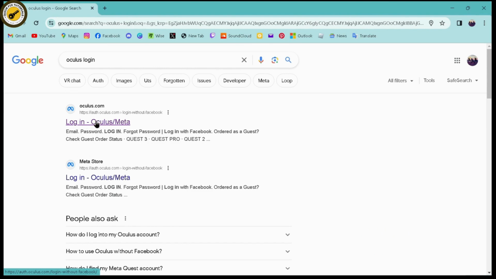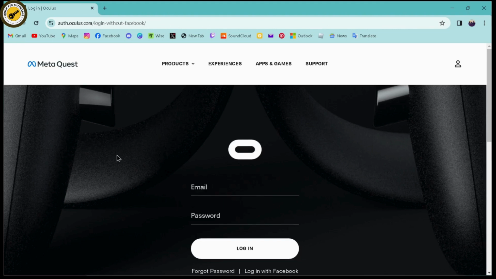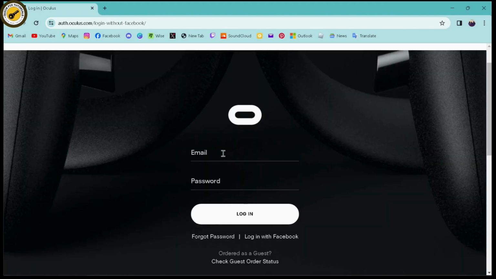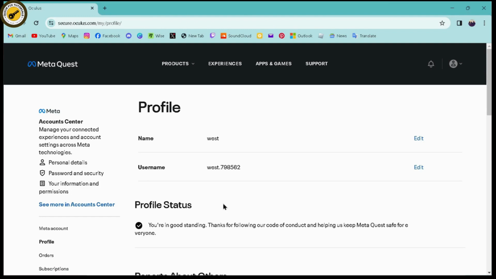which is login Oculus. And once you've clicked on that, here you need to log into your account. So you can log in with your email or password, or you can go for a login with Facebook, and you need to log into your account. So once you've logged into your account, now if you want to check your email and password, then what you